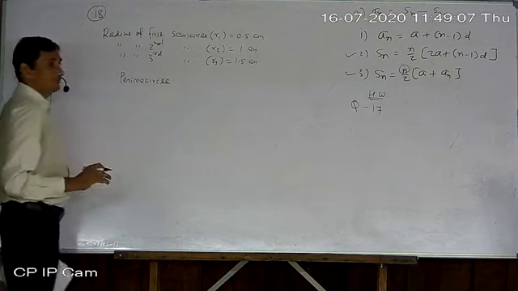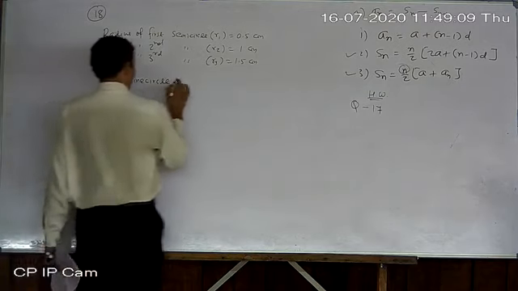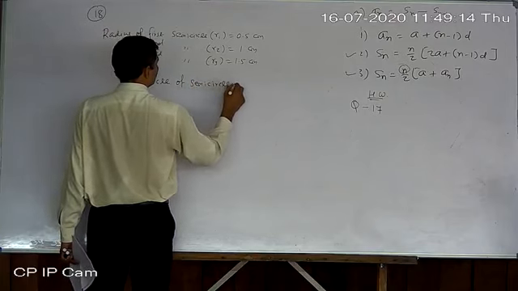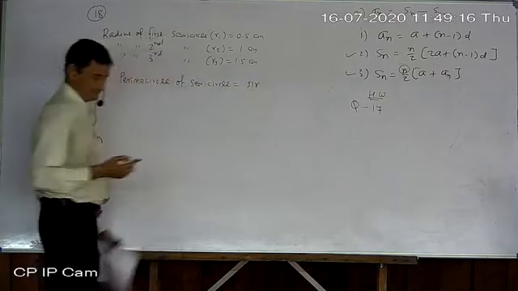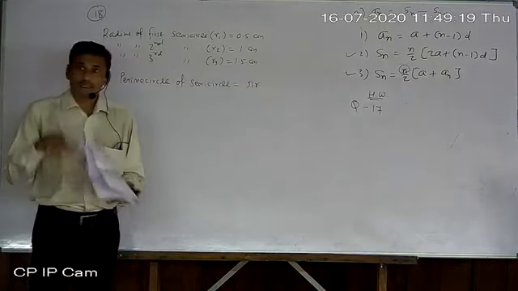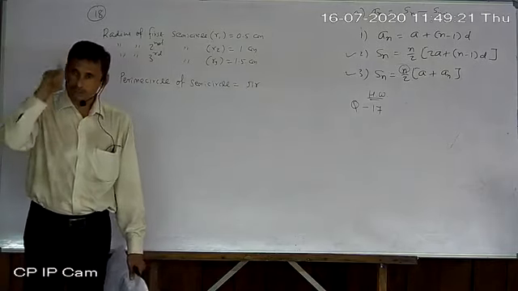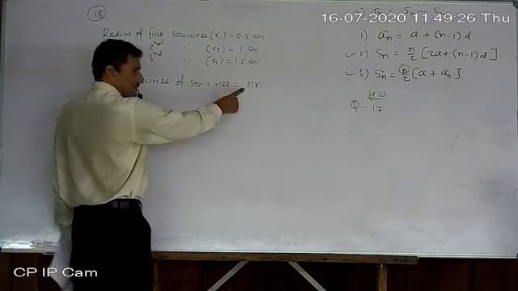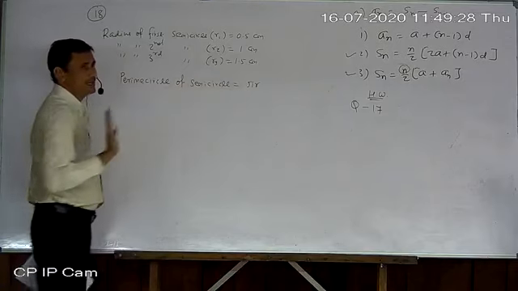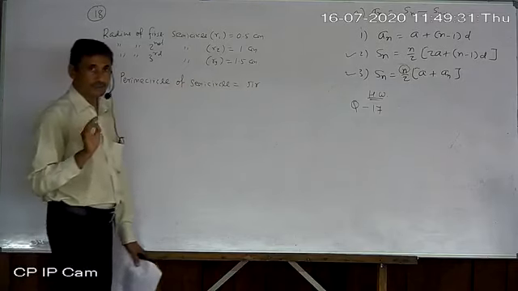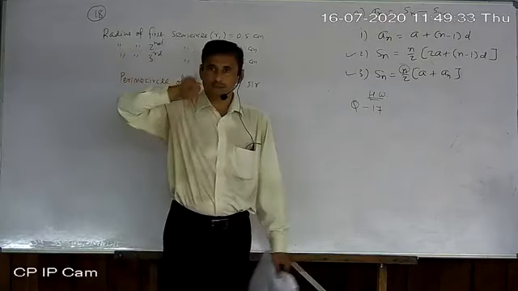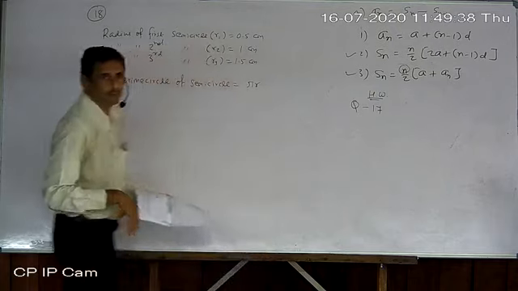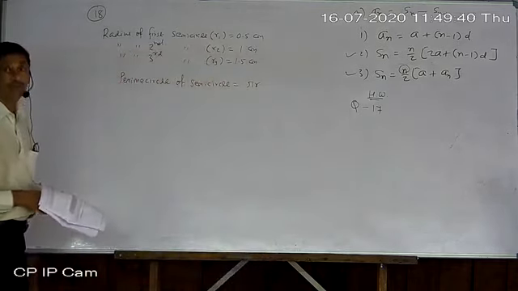It is also called the semicircumference. Perimeter of semicircle equals pi r. Why pi r? Because the whole circumference equals 2 pi r, and this is the semi-circumference. The circumference formula is 2 pi r, but for a half circle, we make it half. So it will be half of 2 pi r, meaning the 2 cancels out, leaving pi r.